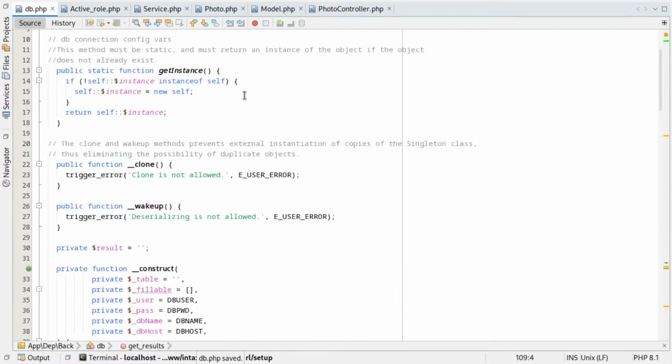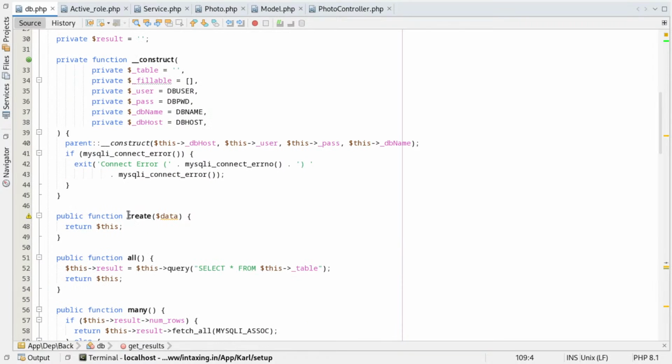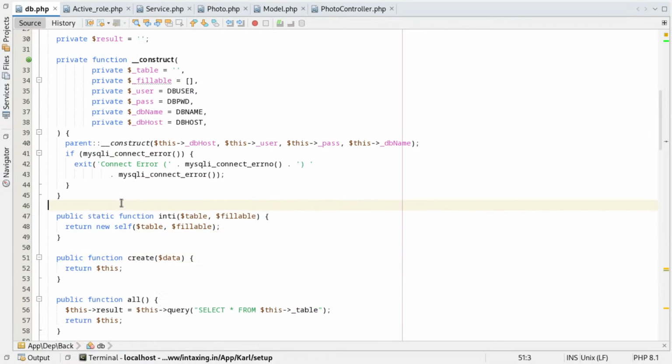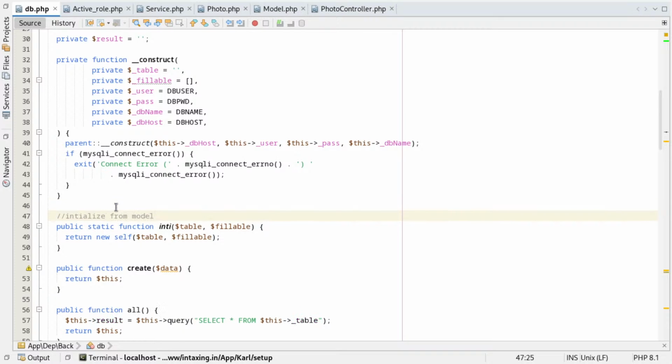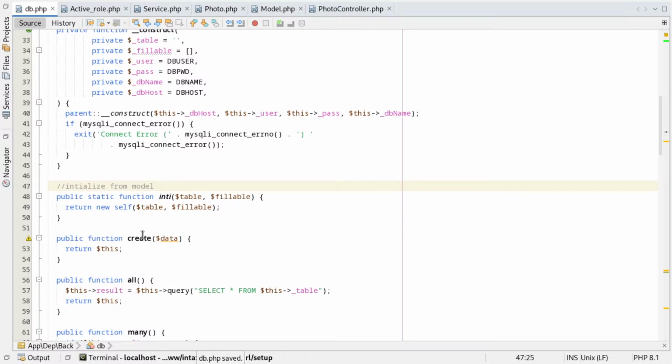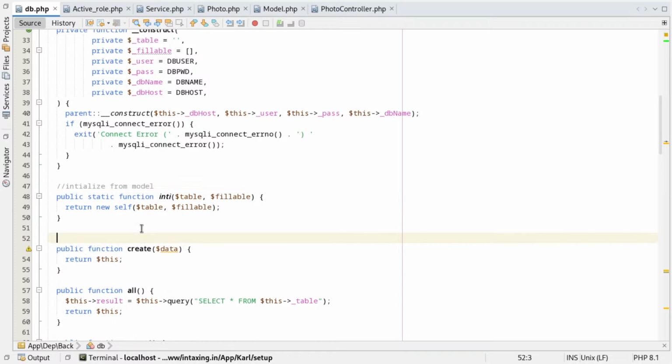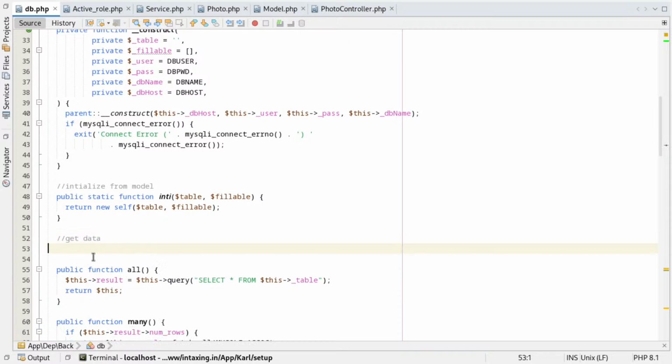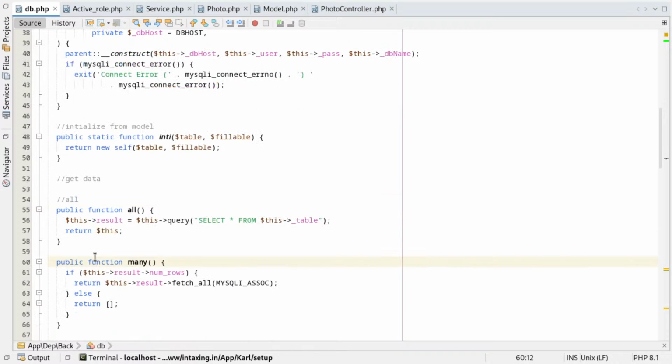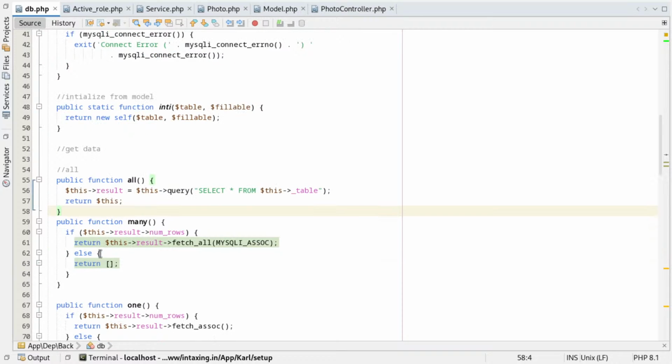Let's actually make it a little bit better first of all. So initialize from model. So from model is gonna initialize that. First is get data, and all, you know, all data, and